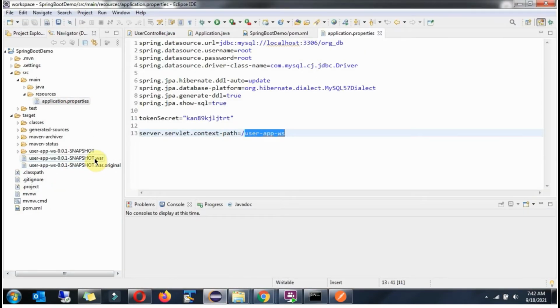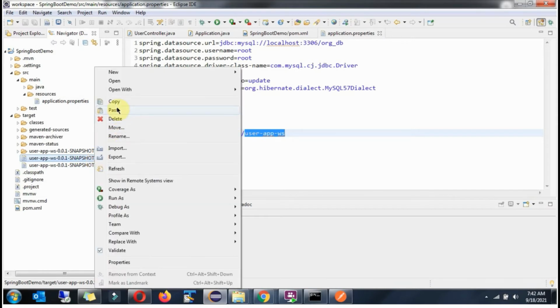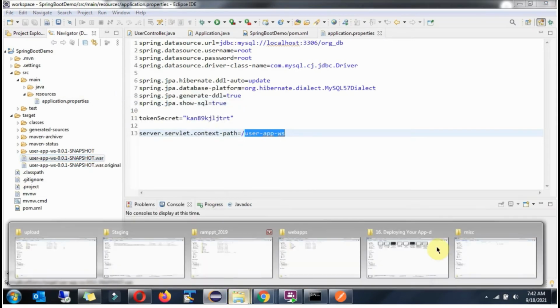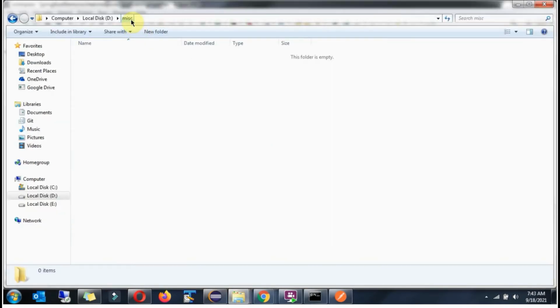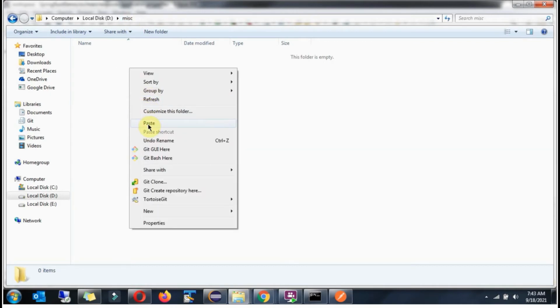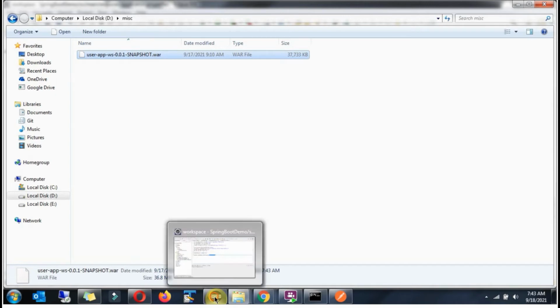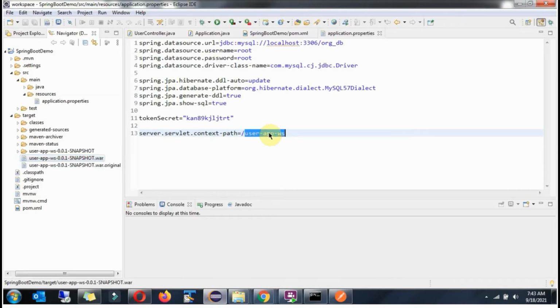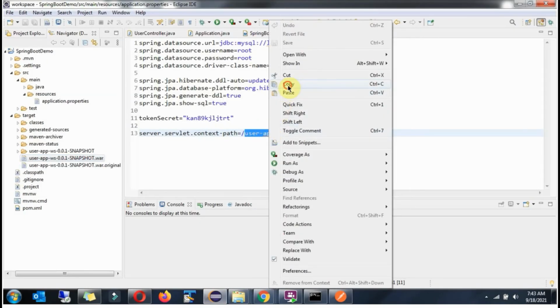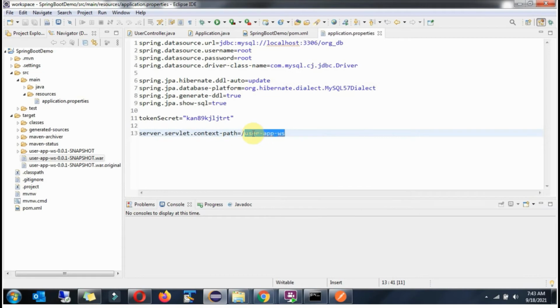And copy this WAR file. Place it in a miscellaneous folder. And the WAR file name should be the same as the context path.